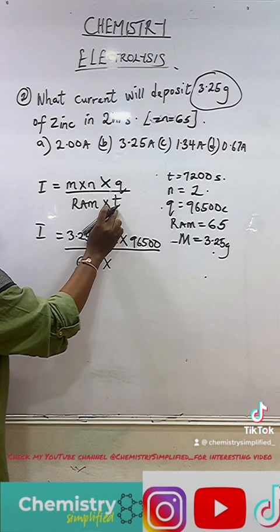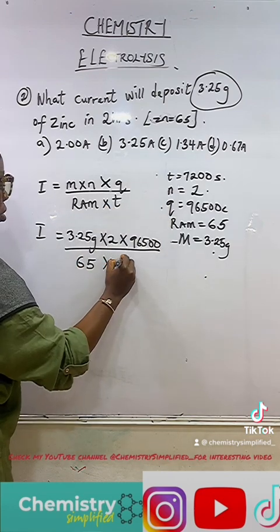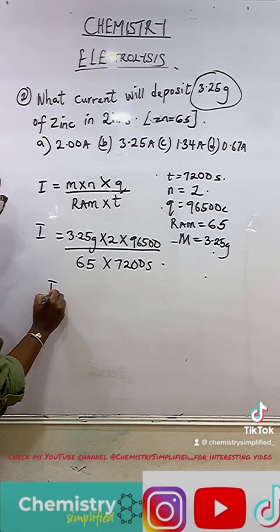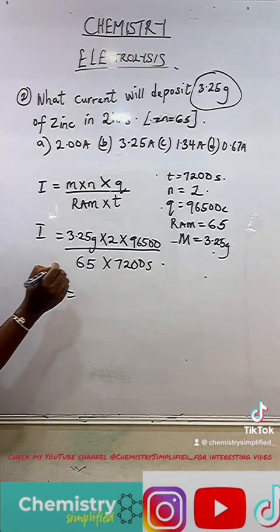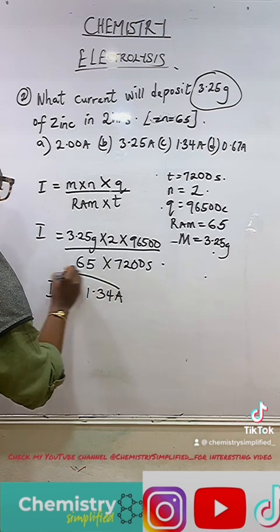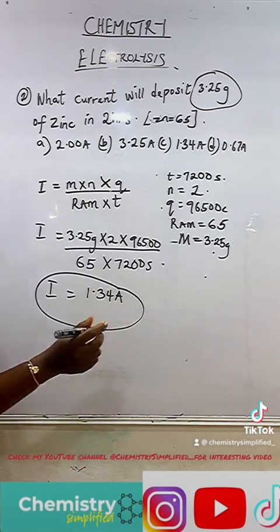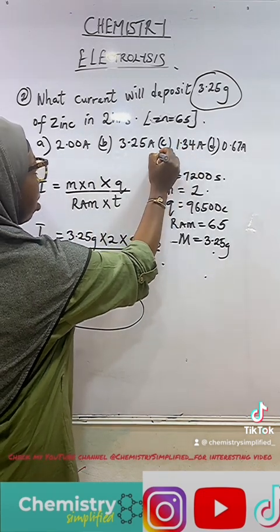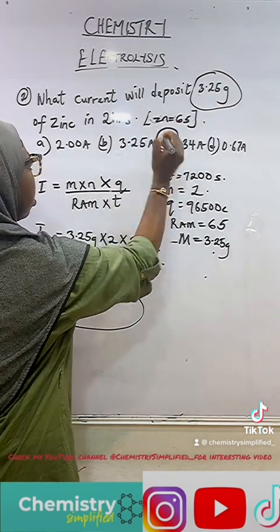Then also my time, which is 7200 seconds. So when you press your calculator, the answer you're going to get for that is 1.34 ampere. Now, do we have that option there? 2.00, 3.25, 1.34 ampere. So the best option for this question is